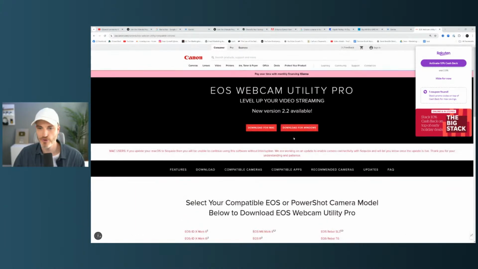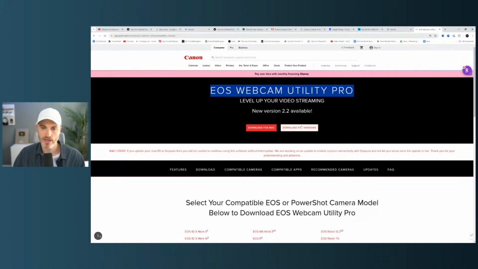I mean, it might be a little more complex than that, but you're going to go to usa.canon.com. Just Google this, the EOS Webcam Utility Pro. Download for Mac or Windows. Select your computer. Get the software. Okay. And then actually, for help,